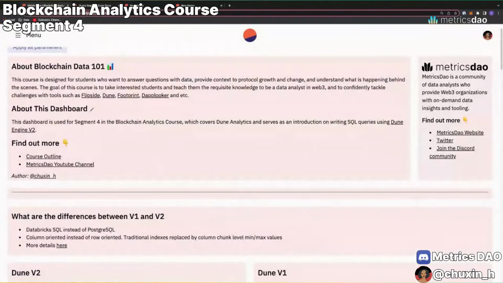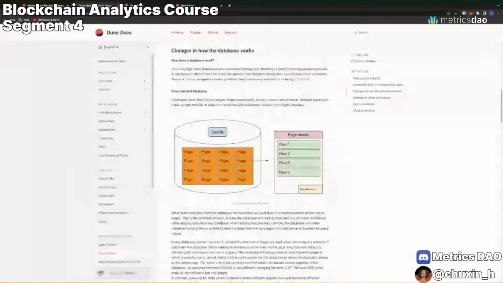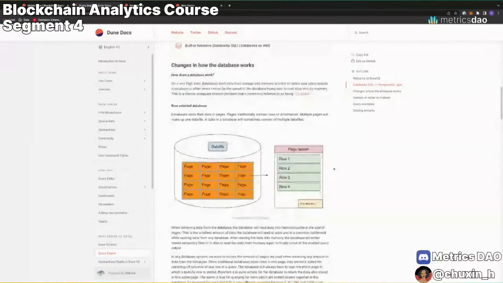The other difference is that since there are two different databases, the V2 version is actually more column oriented instead of row oriented. And I'll explain that very quickly. Back to the doc. There's a very long paragraph about what is row oriented and what is column oriented. My takeaway from this is: imagine your database is like a book, and whenever you want to query the data, you